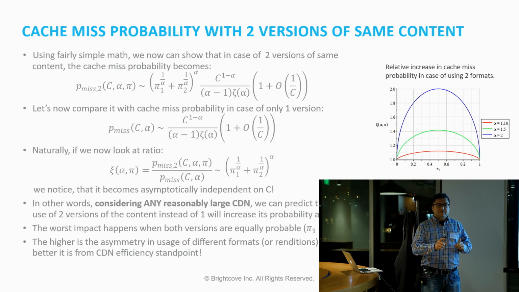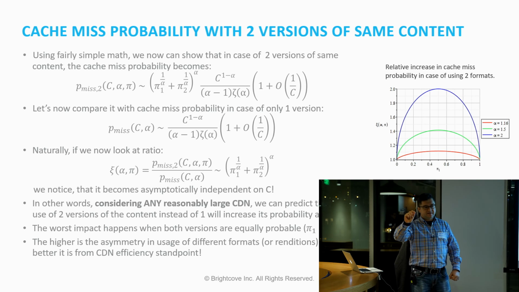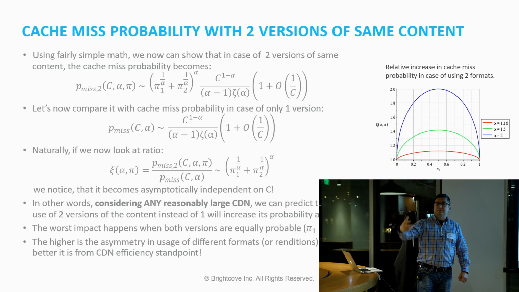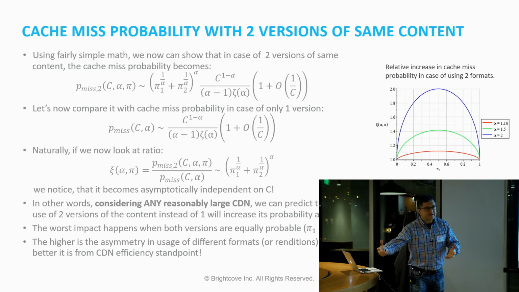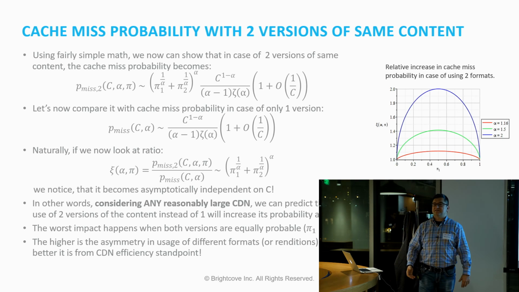Figure out which format is most popular and route as many players as possible to use just that format, and make the other formats as improbable as possible. If you have one format that is dominant in terms of usage probabilities, this is good for the CDN. That means that format is more likely to be cached. That means more players will be able to use it and more customers will be happy with it.